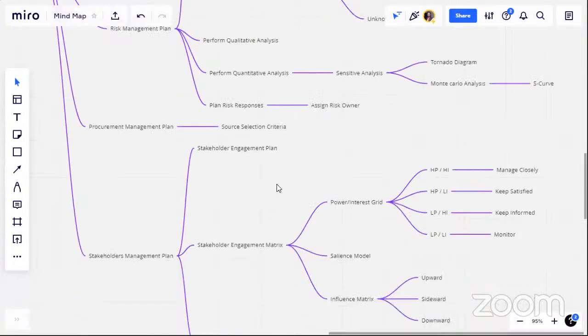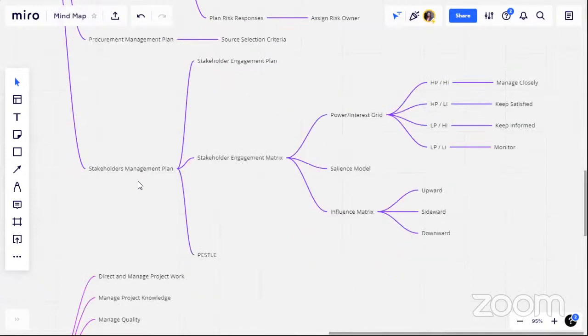In this, we plan a response to each risk, and then we assign risk owners as well. Then procurement management plan, we define source selection criteria. And then we have the stakeholder management plan. In this, we create a stakeholder engagement plan, and then engagement metrics, in which we define